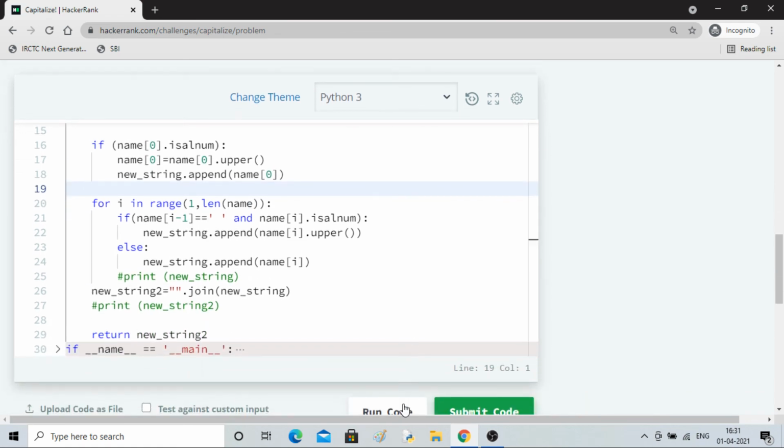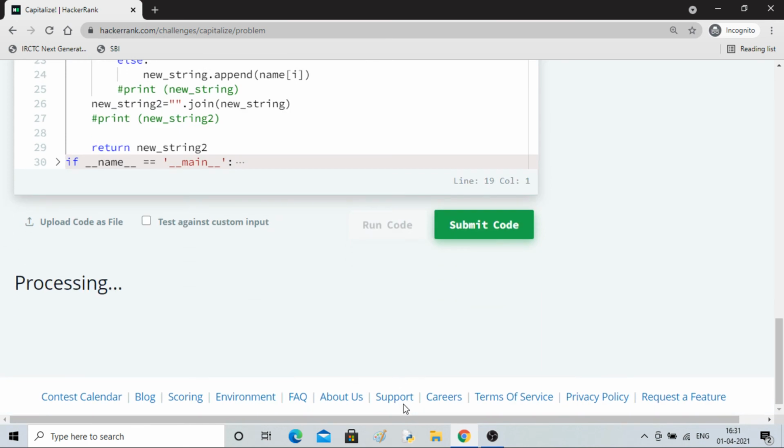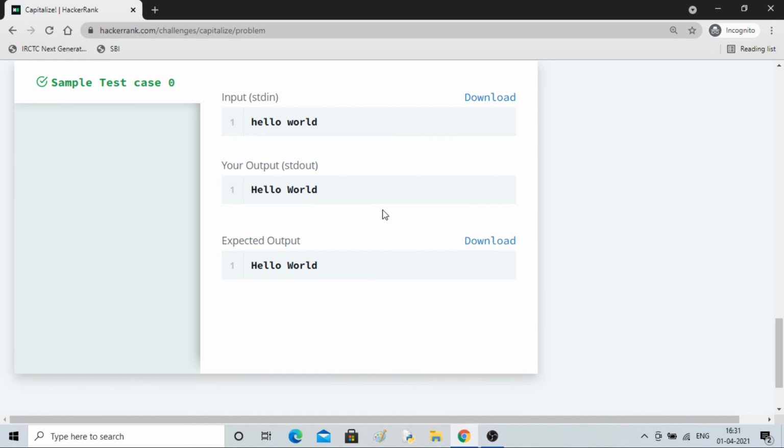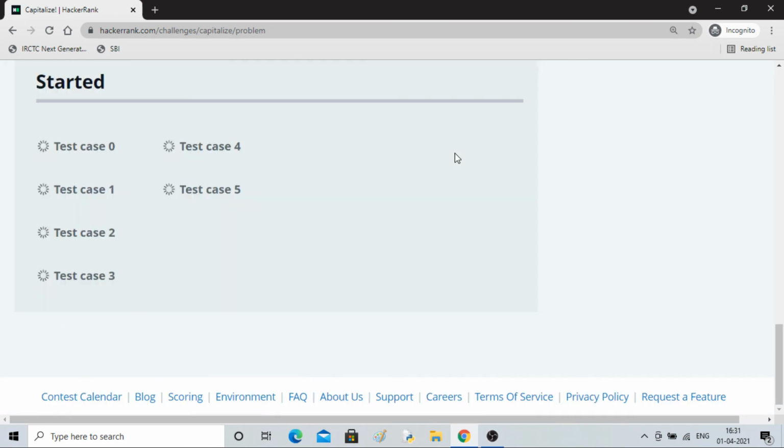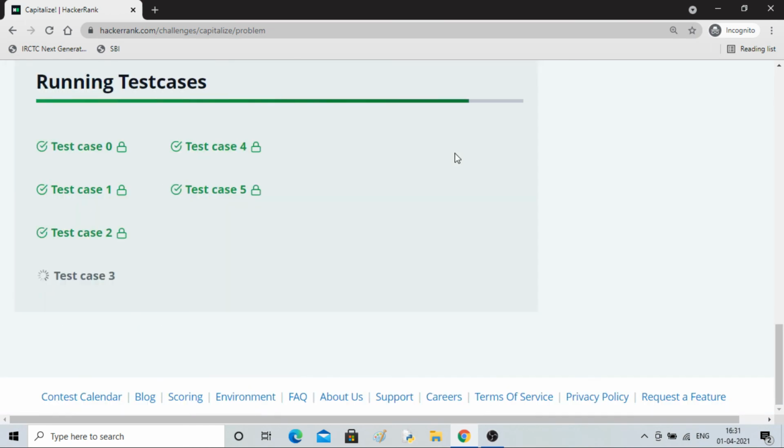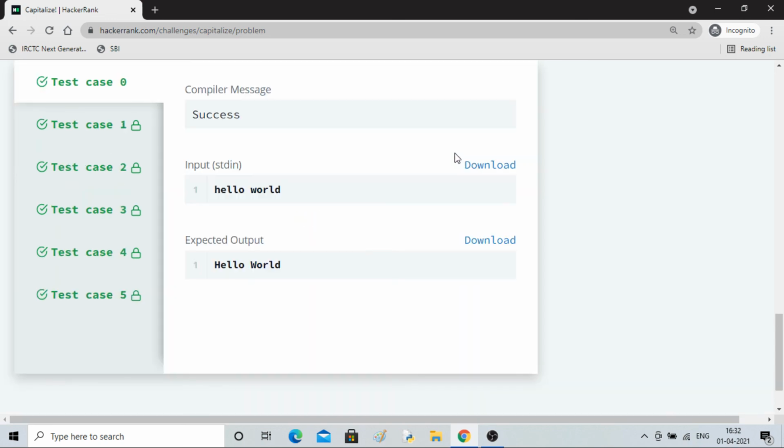And yeah, I think it should work fine now. Okay, so the sample test case is passed. All the test cases are passed except 3. Yeah, that is also passed.